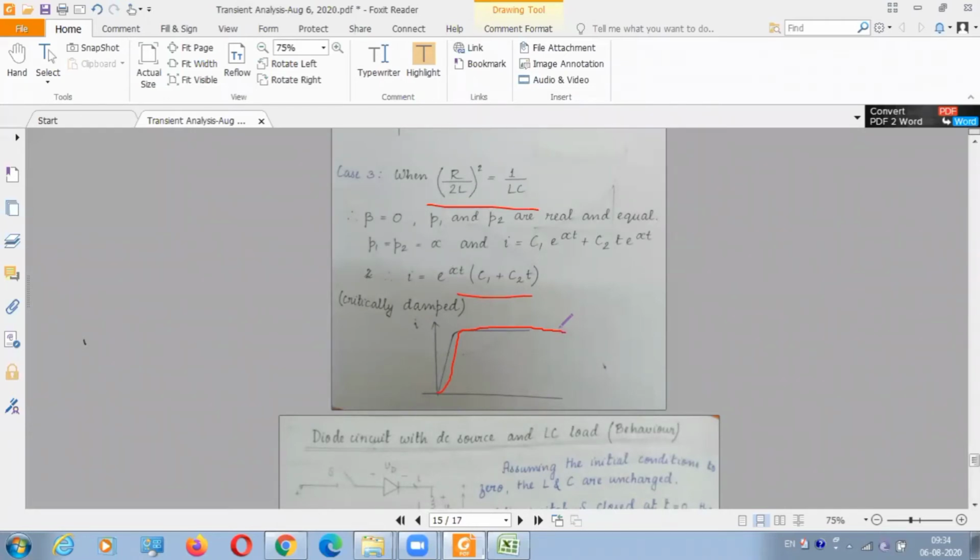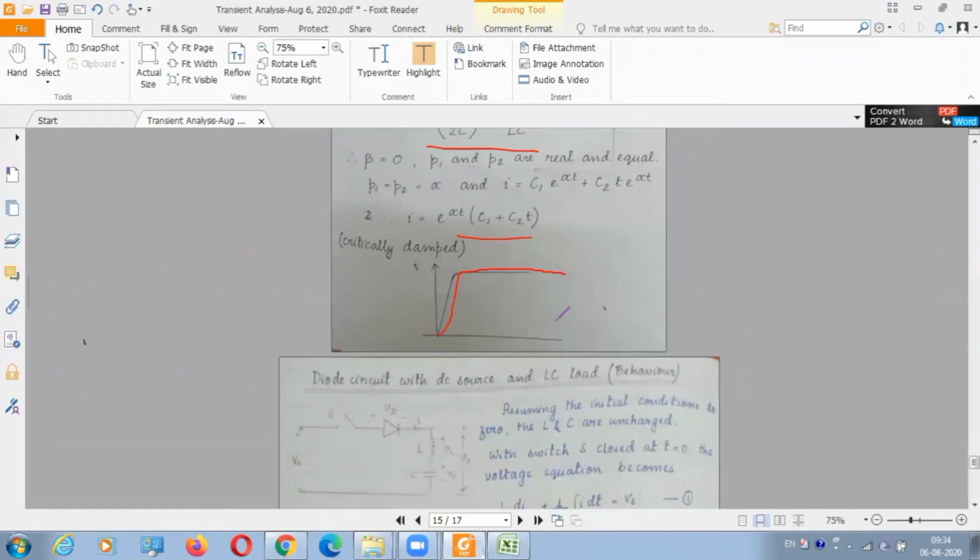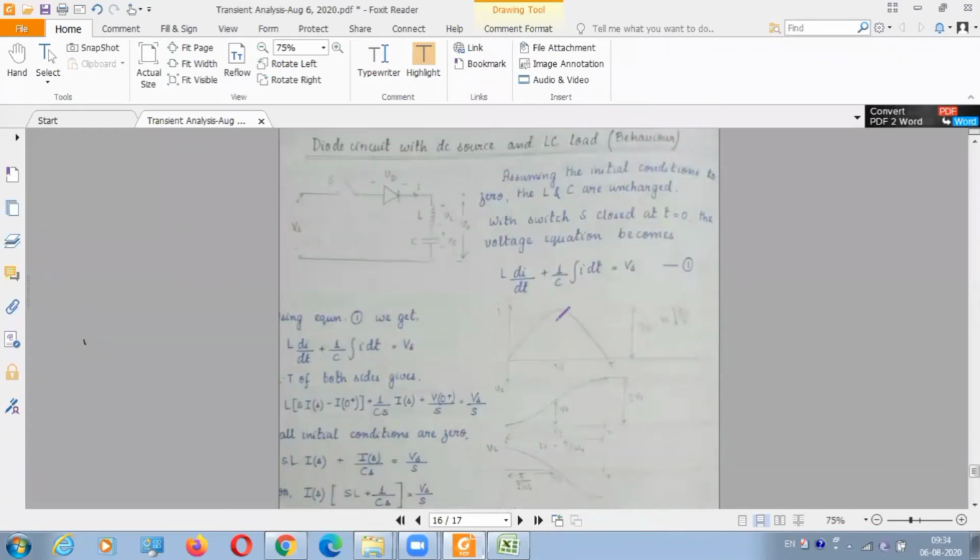So we have three conditions in RLC: one is overdamped, one is underdamped, one is critically damped. We'll check these three systems in simulation also. Now the last, very important circuit which we will need in power electronics. Some views of RL transient and RLC transient will be needed, because in a DC to DC converter we have a DC supply and we need to know the behavior of inductor and capacitor. That's why I told you this is a revision. This one is very important in commutation. Madam will be teaching commutation, but you need to know this. Gate problems also come from this circuit.